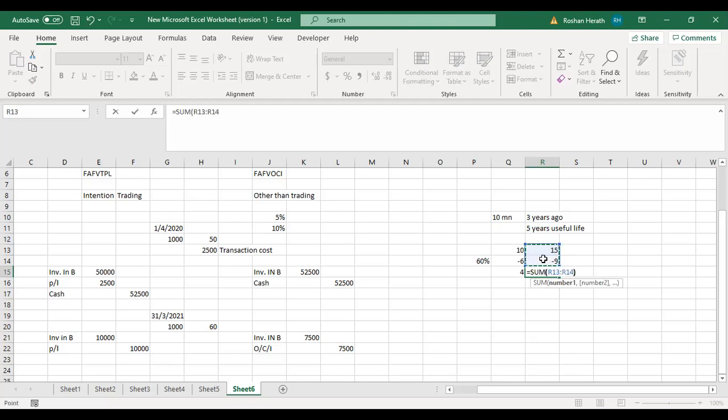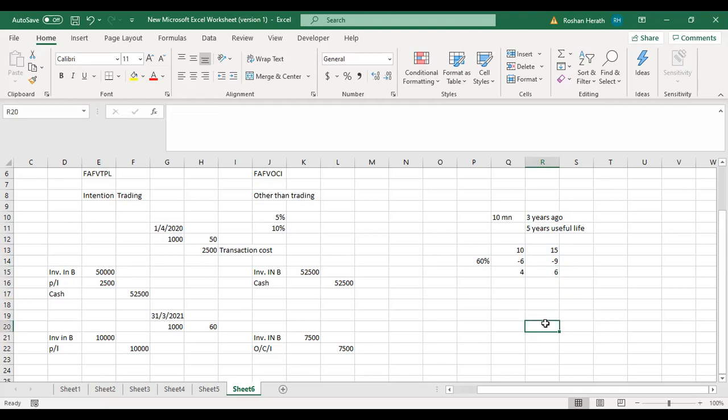And what is the approach? That is the cost approach. So you can see that there's a revaluation gain of 2 million. This is the carrying amount. This is the revalued amount, or the fair value. Then how do you establish the fair value? That is through the depreciated replacement cost, right?